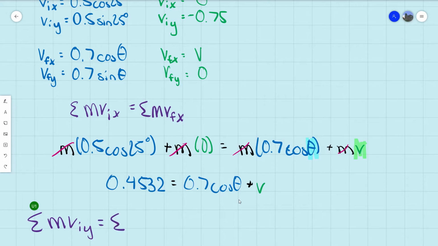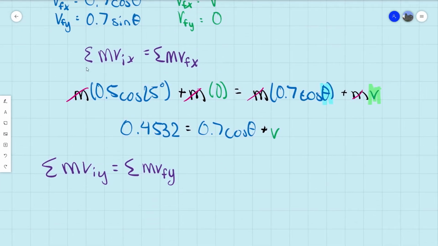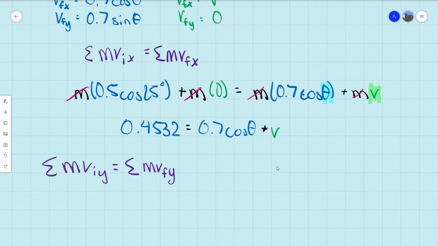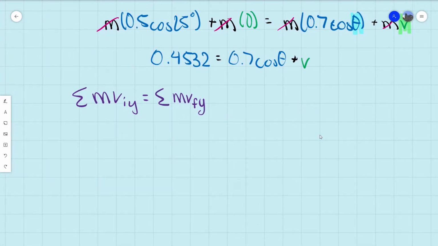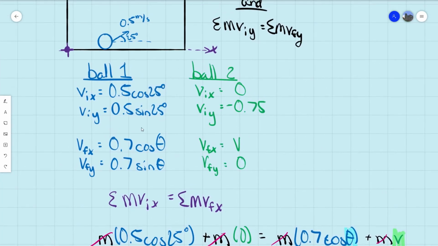So if I were to write this out to kind of give us a gauge of what we're doing, I'm going to just redo this whole summation using the y direction numbers. And I'm not going to bother writing the m's because they're going to cancel just like last time. So this is the initial velocity in the y direction for the first ball, 0.5 times the sine of 25 degrees